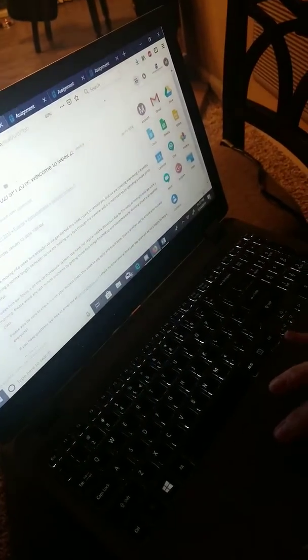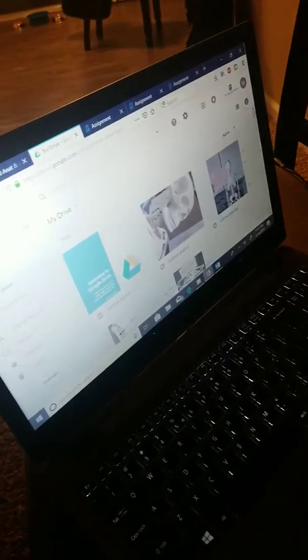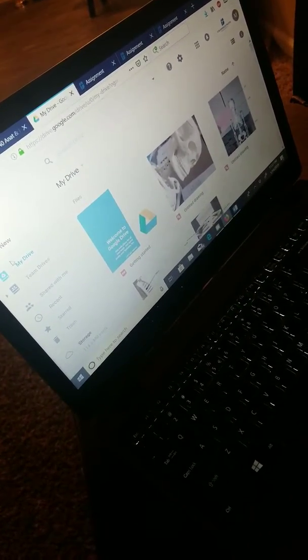And from here, I close this and I go to my Google, my email, and I go to my drive. Okay, so in my email, what I did was I go here, right there, to the little squares, and then I go to drive. I press drive, and then this is what opens. Okay, so then from here, while I'm in the drive part of my Google email, I press new,